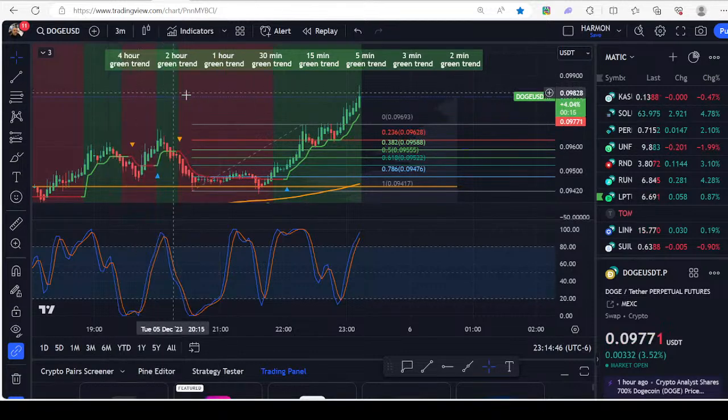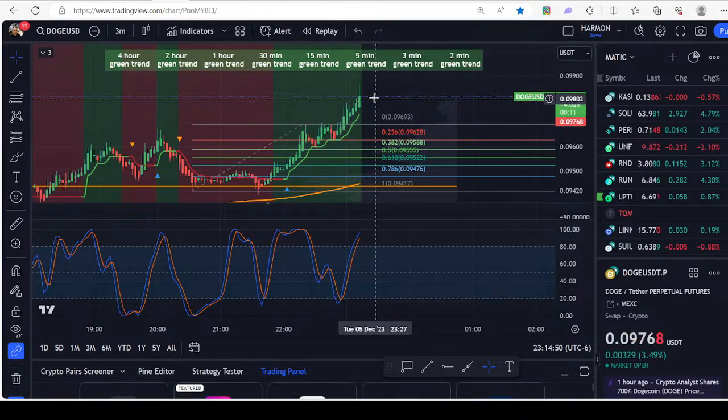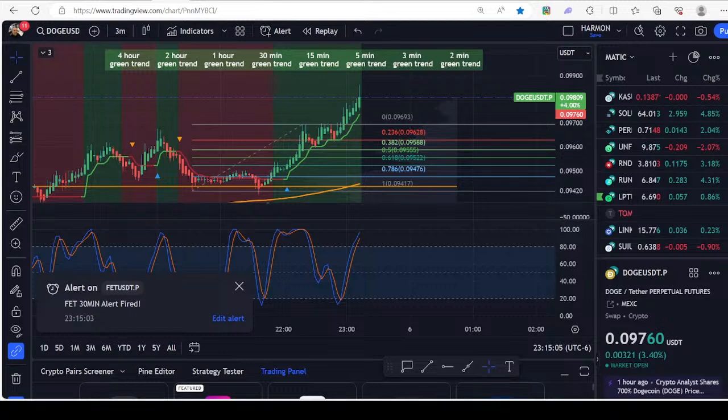Well, it's not done dumping. I mean, no, I mean it's not done pumping yet. Like every candle has a pullback, right? Maybe that's kind of the understanding. Maybe that's a different way to say it, right? So every